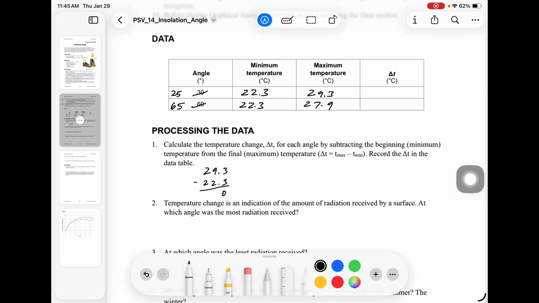3 minus 3 is 0. Bring our decimal point down. 9 minus 2 is 7. And then 2 minus 2 is 0. So our delta T here is 7.0